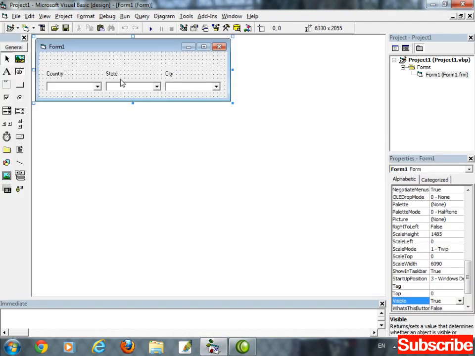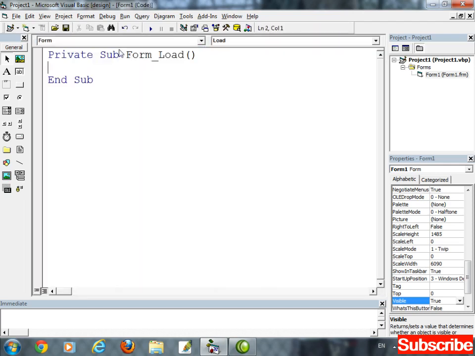Okay, so starting on the form load, I want to load the countries in the country combo. Double click. Initially, I want to make the state combo and the city combo invisible. So just double click on the form. On left side you can see the form has been selected. On right side the event is load. Inside this procedure write